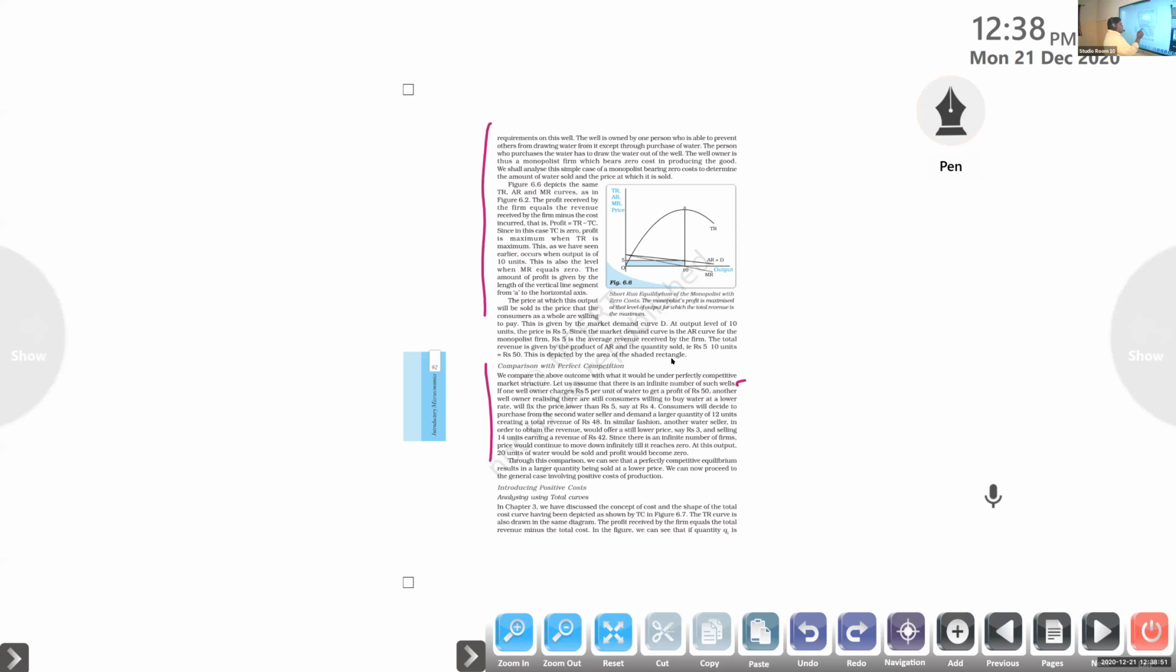Clear? Coming to the perfectly competitive condition, we compare the above outcome with what it would be under a perfectly competitive market structure. Let us assume that there is an infinite number of such wells. If one well owner charges rupees 5 per unit of water to get a profit of rupees 50, another well owner, realizing there are still consumers willing to buy water at a lower rate,